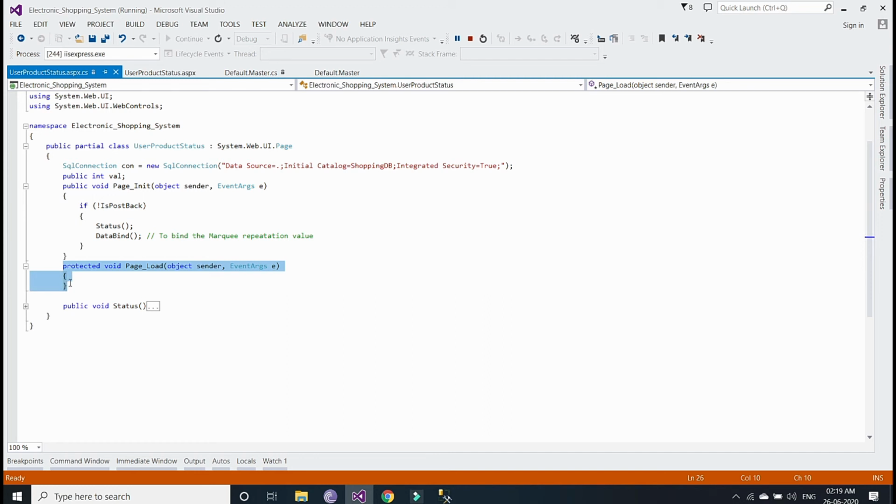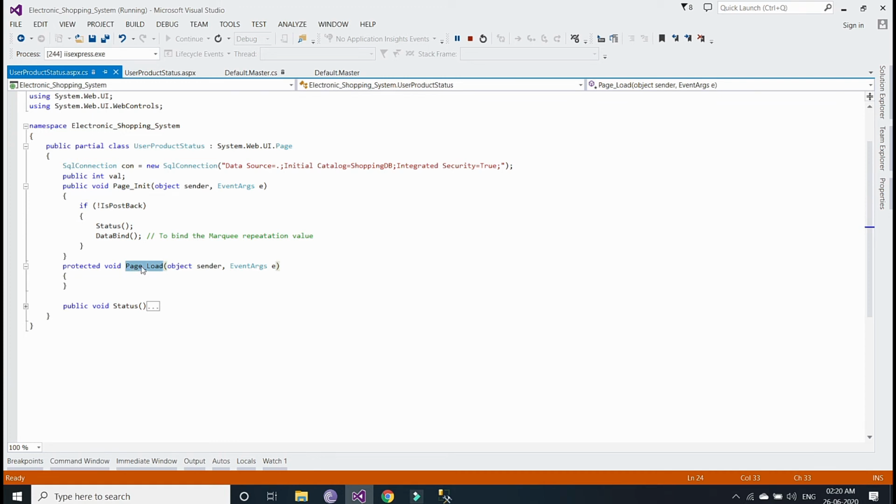I have taken nothing here because I have used the page init event, which comes before the page load event. You know that when a page runs, there are multiple events. At the very first, the page load event is called, and after that all other events are called.